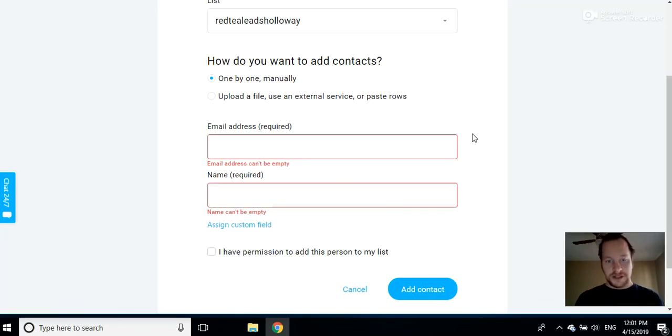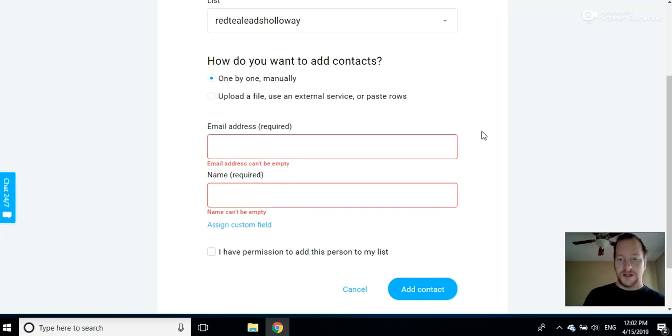But if you do it manually, GetResponse is really picky. If you didn't program it in your landing page with your sequence and you have to put these in manually, they do require a name, and I believe GetResponse